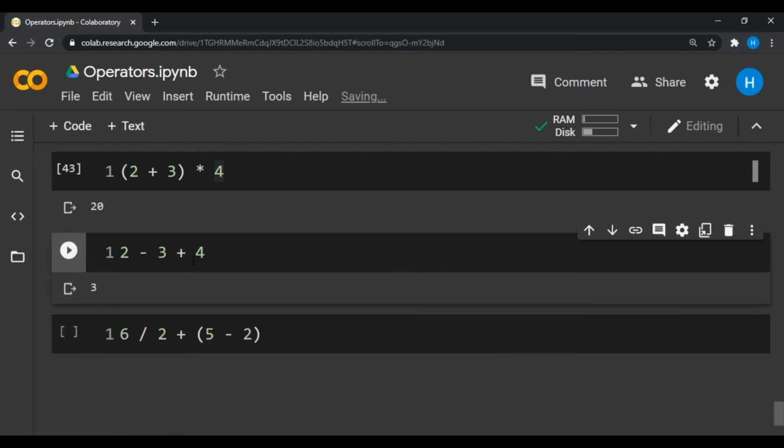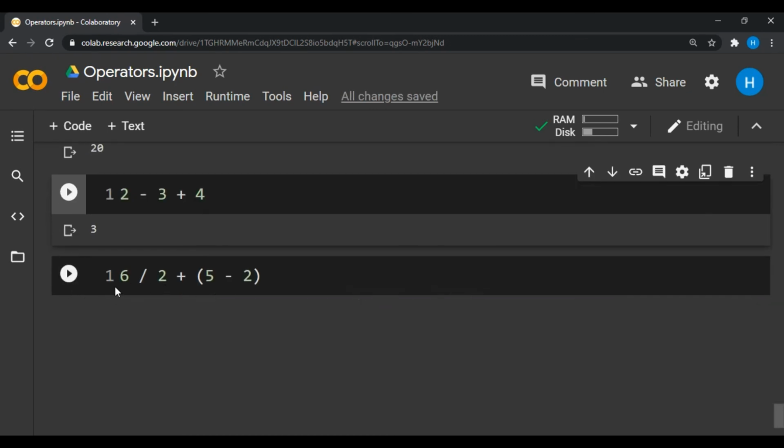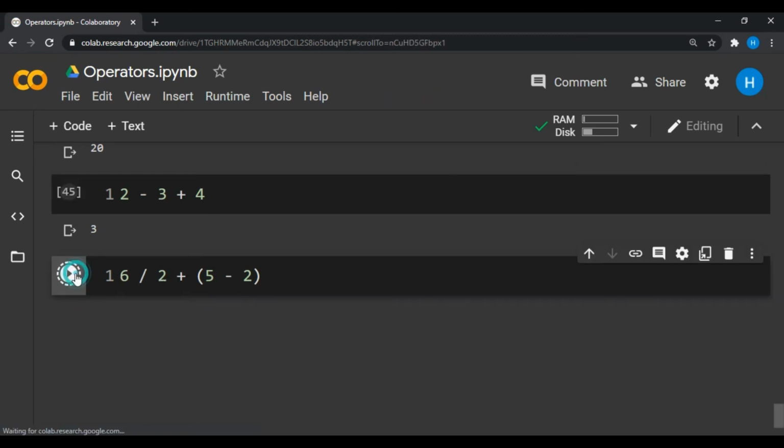It does the subtraction first and then the addition, left to right. Similarly, in this case the first priority is given to the parentheses, so it is 3, and then we have the division. 6 by 2 is again 3, and 3 plus 3 is 6, and therefore our output is 6. So this is how Python works as per the order of precedence.